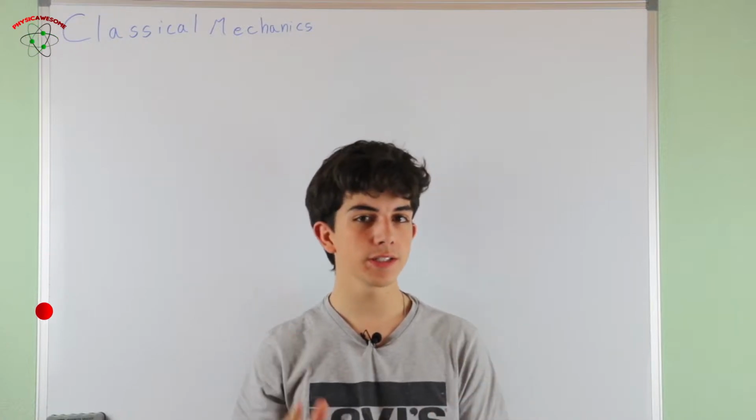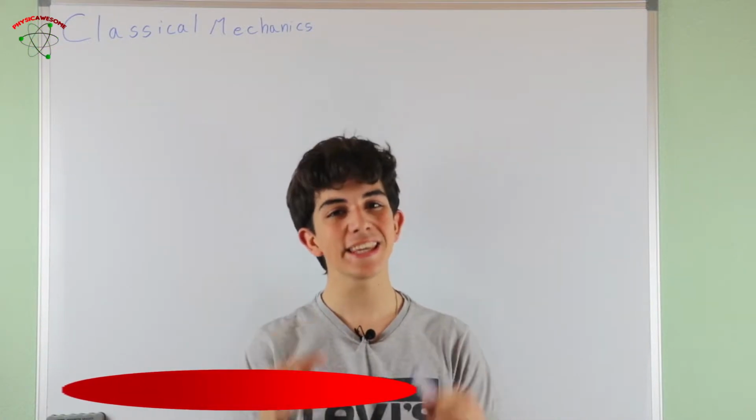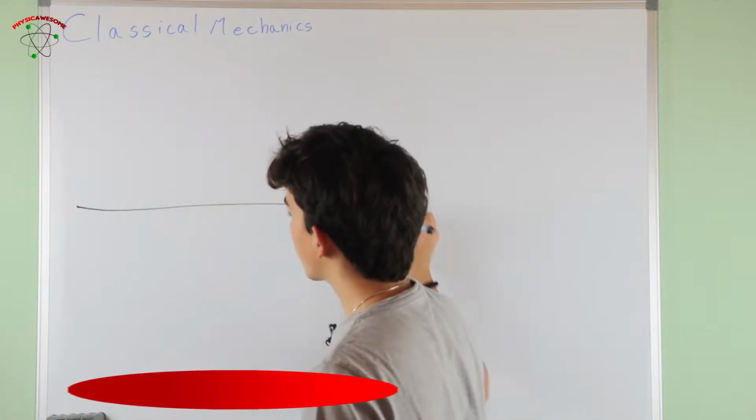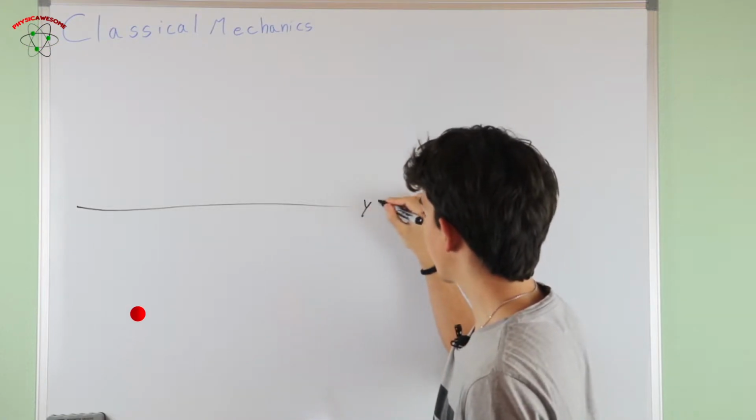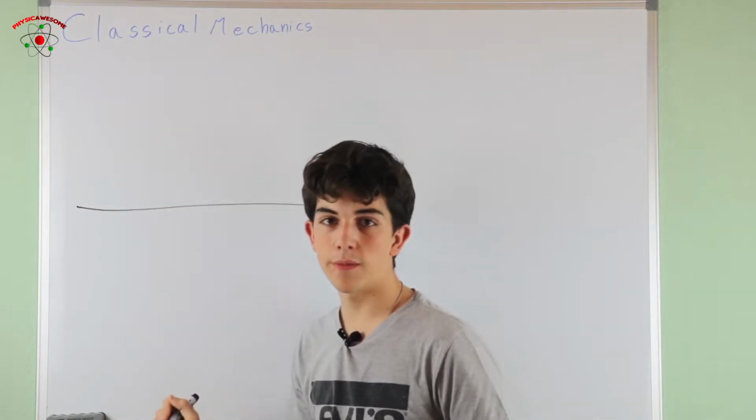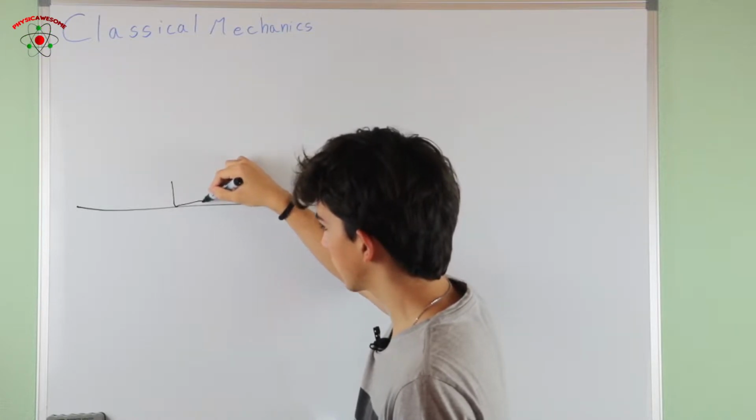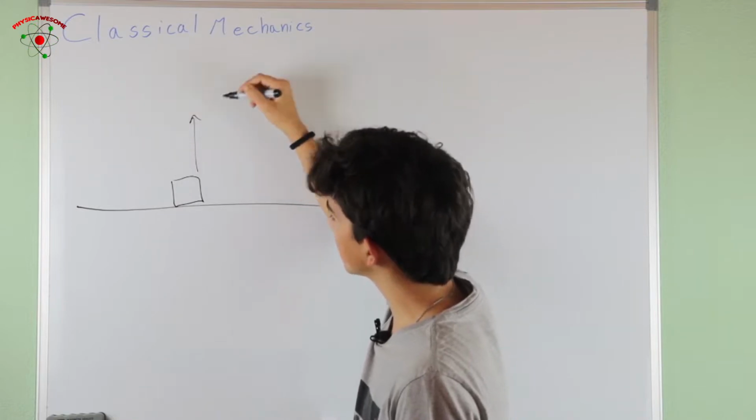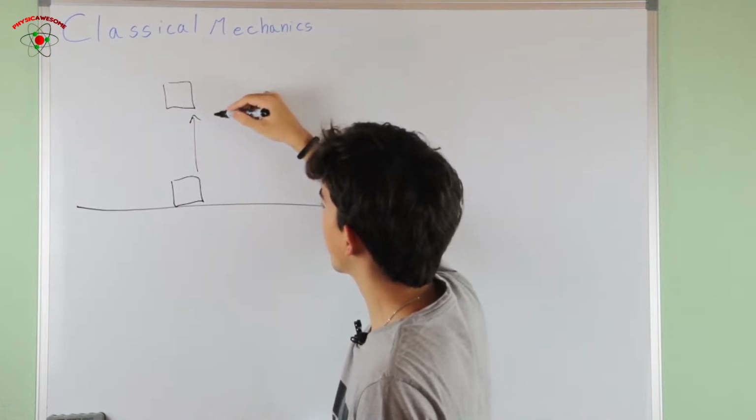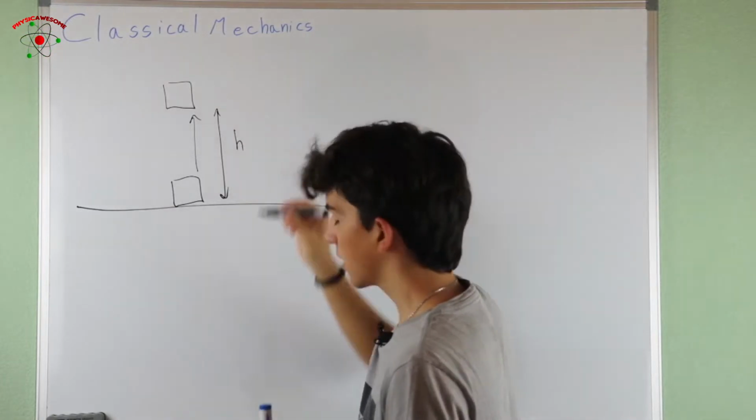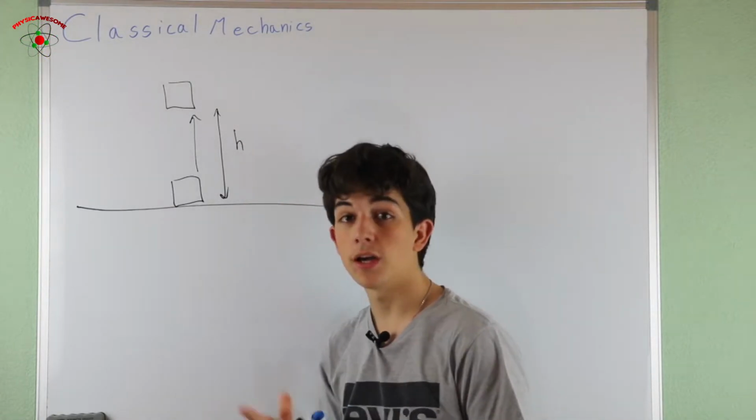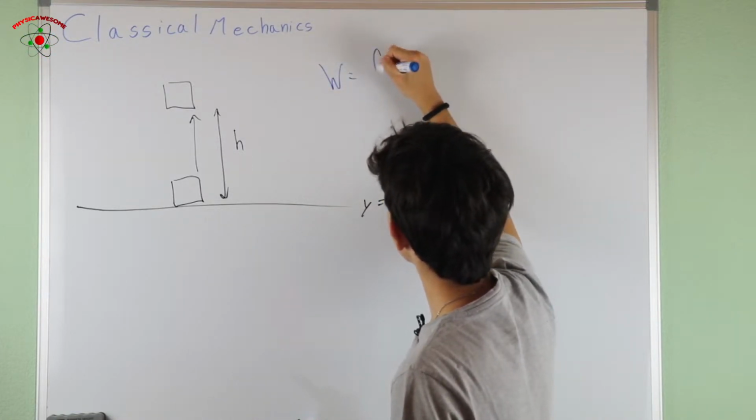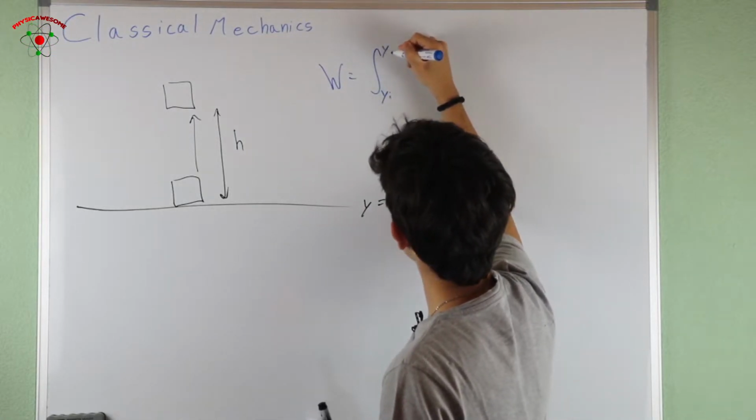Now we'll define potential energy for gravity near the surface of the Earth, as it is simpler. If we have our y equals 0 point over here, and we have a mass that is over here, and then we take it up a little bit to a position at a height, let's say h, we would need to apply some work, and we know that work is going to be equal to the integral from our initial y to our final y